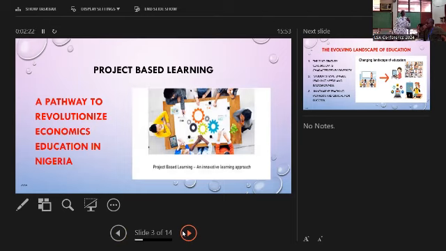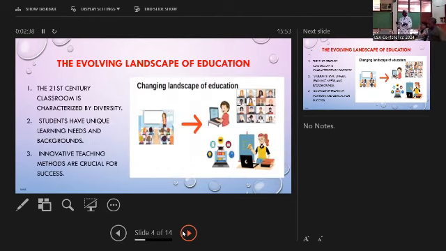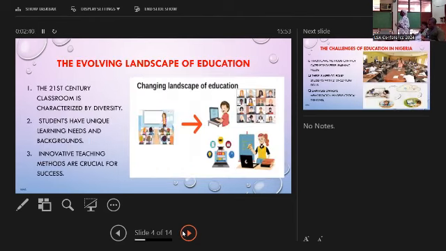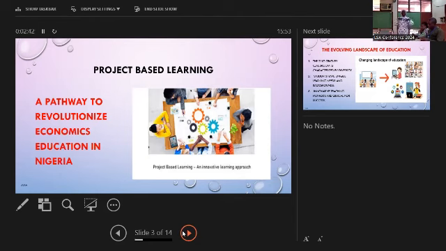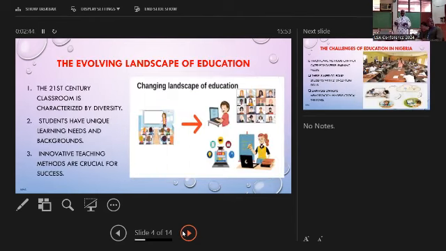Over the years, I've been thinking about how to teach economics so that it is interesting. One thing that struck me three years ago was to ensure that these children go with hands-on learning, something they can do with their hands, where they will be actively involved and happy while learning. In the world we have today, every child has something they like doing. Can somebody tell me what they like doing?